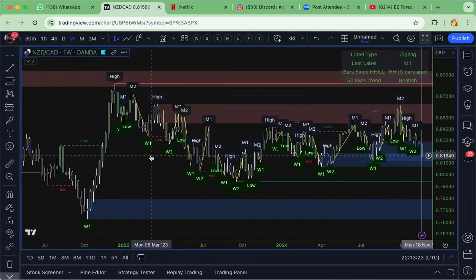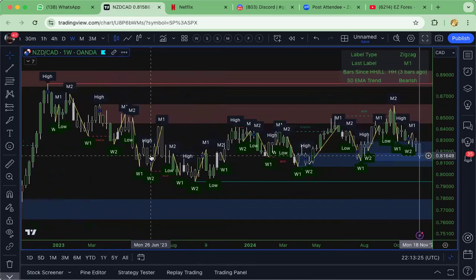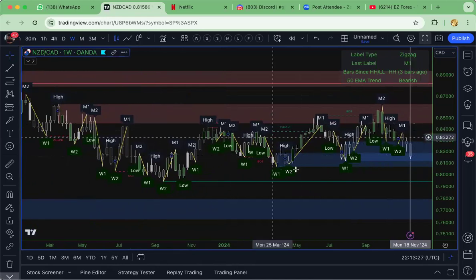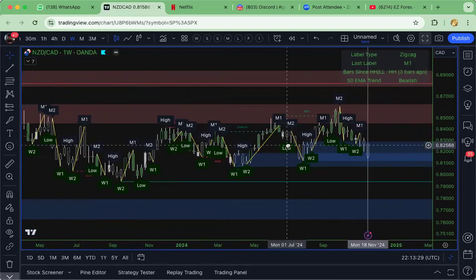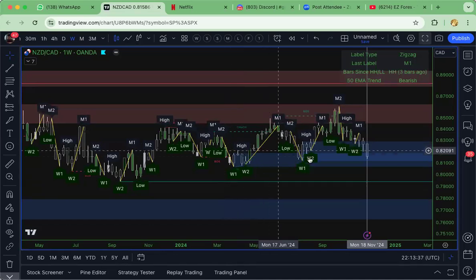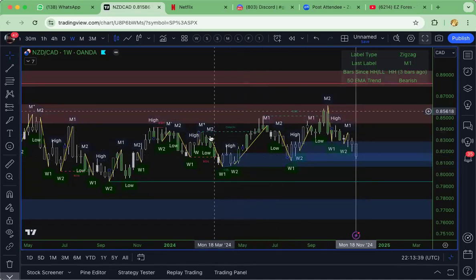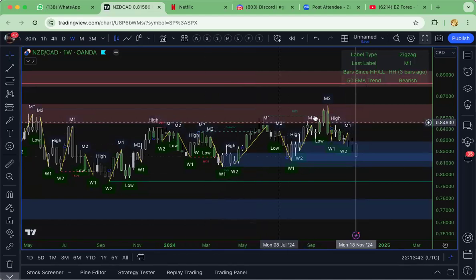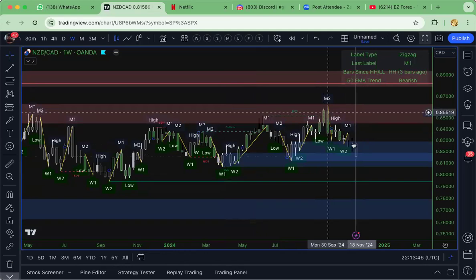So the indicator looks very cool. It's got a lot of stuff in there. But like I said, there's inconsistencies I don't like for me. One of them was the break of structures. It's not showing you internal breaks of structure in the market. That's why there's breaks of structure that happen everywhere. And that's not the only one you're seeing here, or this one up here. These are like the strong highest points. But look, if you got in after this break of structure,